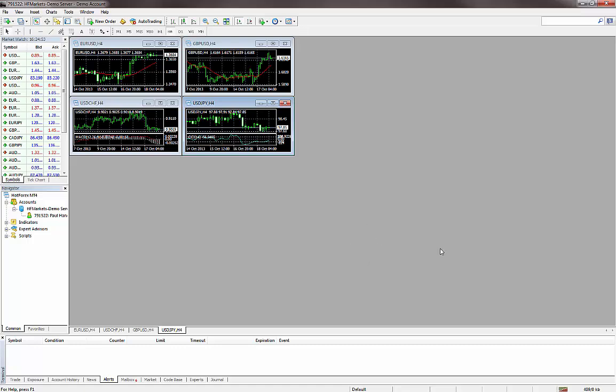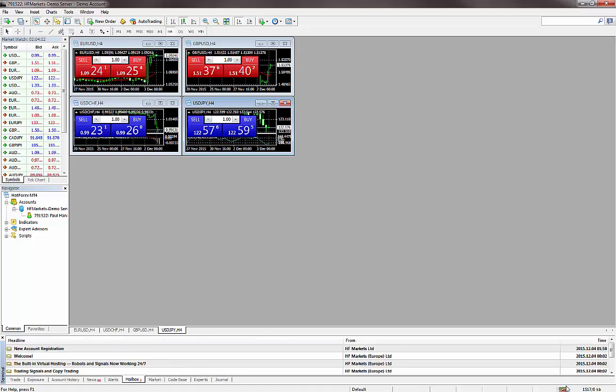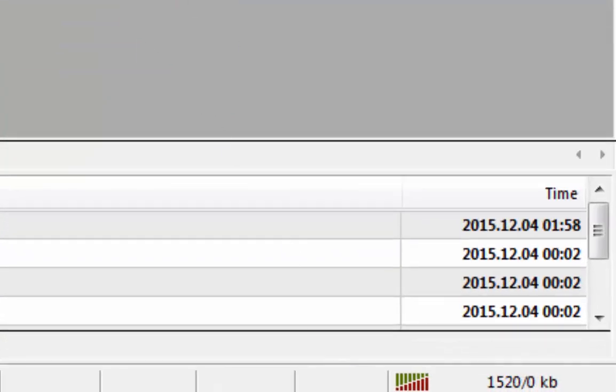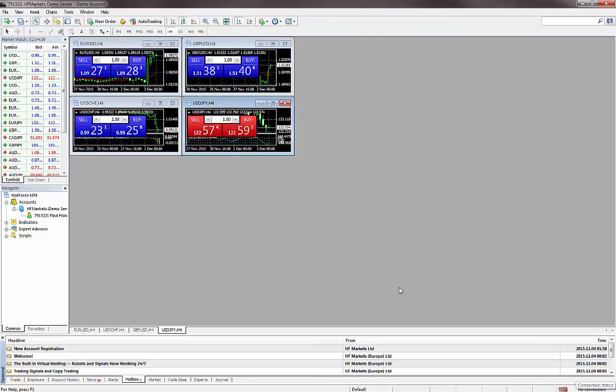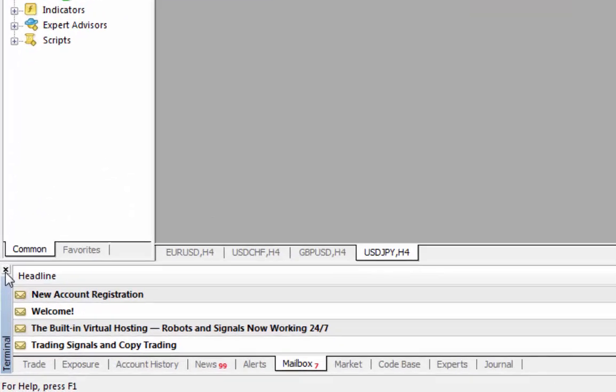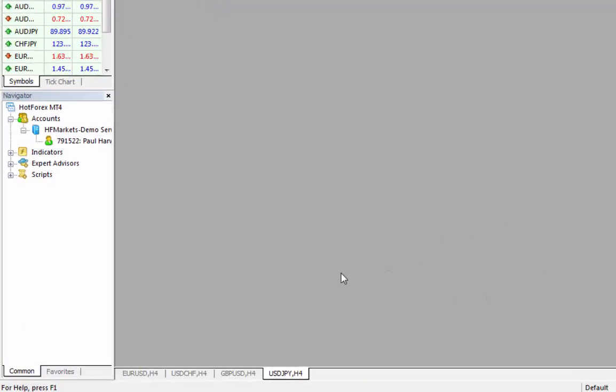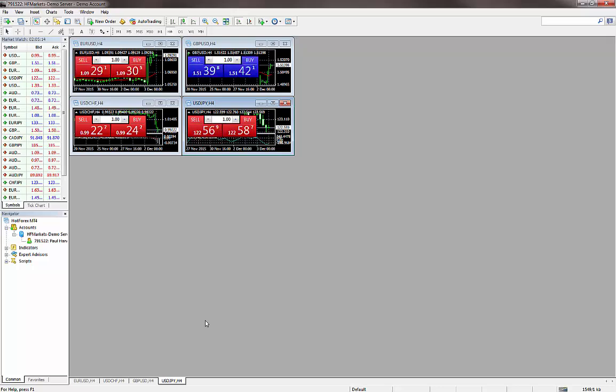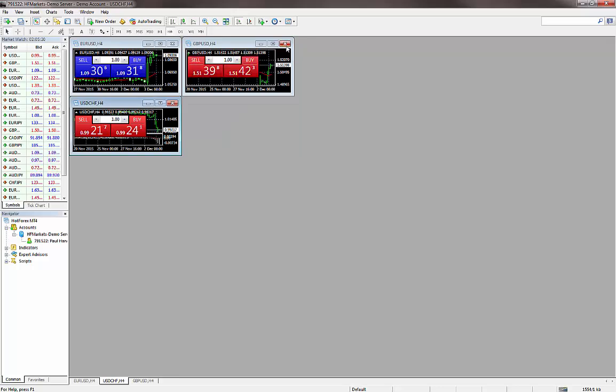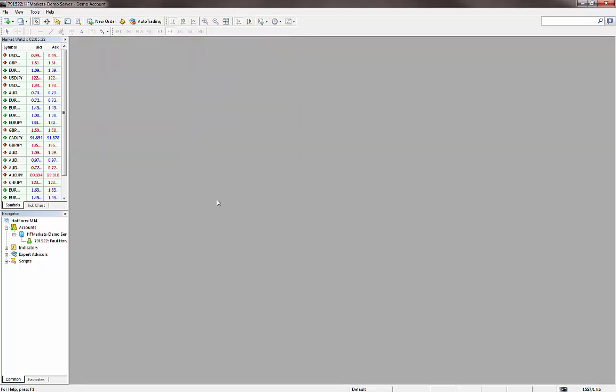We hear a nice little alarm to tell us that this is now connected. We see in the bottom right hand corner that we have a connection here. It shows the connection status, green and red, so we're now connected. One thing I always do as well, you'll get all these noises first of all saying you've got mail and things like that, and I just switch off the terminal. So the bottom left hand corner, close that box, and that switches off the terminal. But we're now in MetaTrader 4, so let's just close these 4 screens that have come up here,